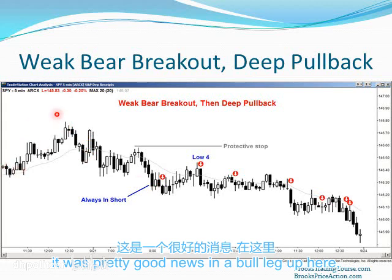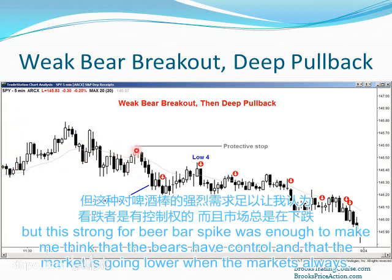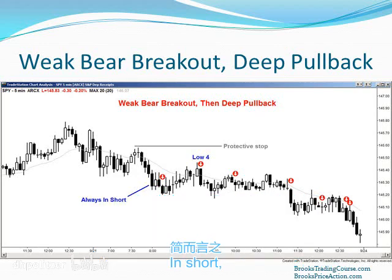It was pretty good. It was in a bull leg up here and then a pretty good bull leg here, some buying here, but this strong four bear bar spike was enough to make me think that the bears have control and that the market is going lower. When the market's always in short, what do you do? You've got to look to get short. In this particular case, we have an II pattern, a small triangle, and you could short below it, or you can say, I don't know, these bars